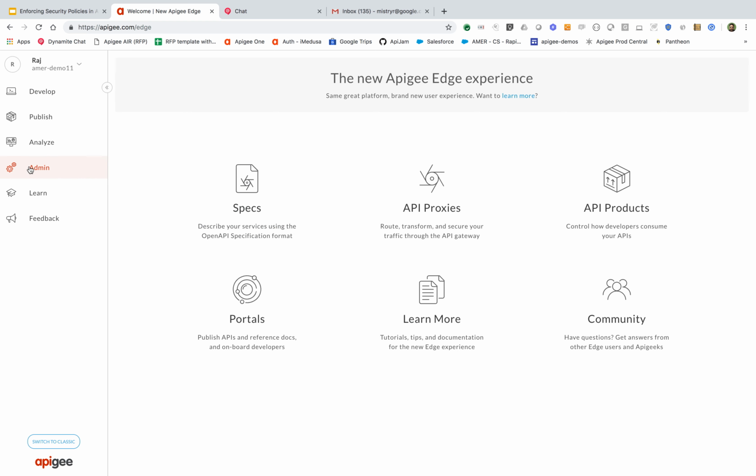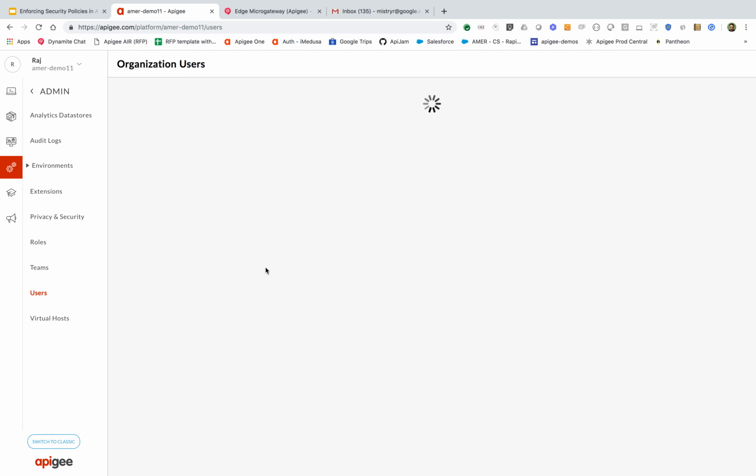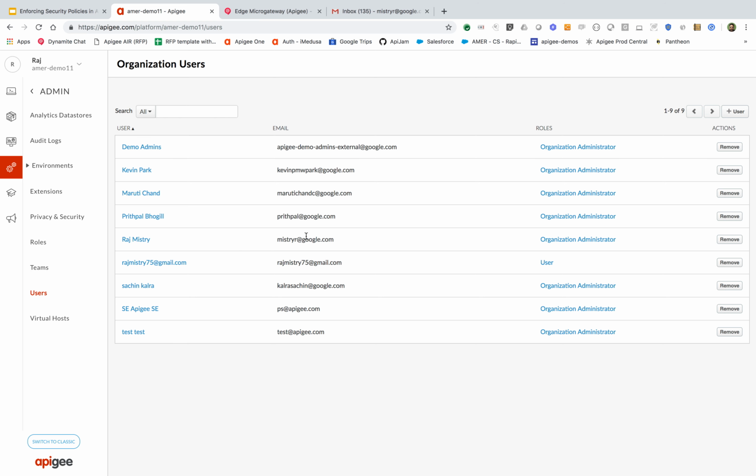And I'll quickly show you here in the user view. You can see here I am, mysteryr@google.com, and I have the organization admin role, which is the highest level of access. And after I create my security shared flow and apply it globally, I'm going to log out and log in as this other user,